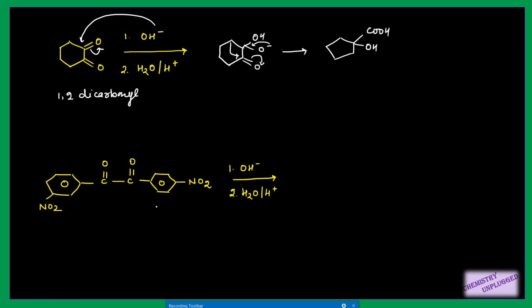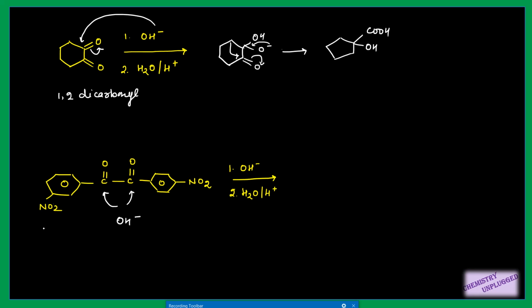This reaction is very interesting. So how will you decide whether OH minus will attack on this carbon or on this one? Or you can see it another way: which aromatic ring will migrate, right? So the first way is easier than the second way, that you have to decide on which carbonyl group this OH minus will attack. As I have told you, it will attack the more electron deficient carbonyl group.